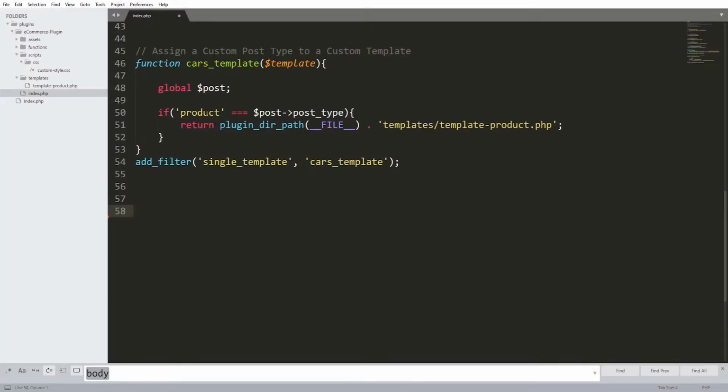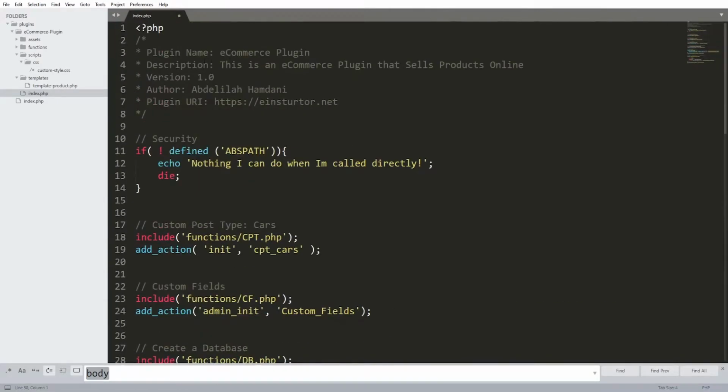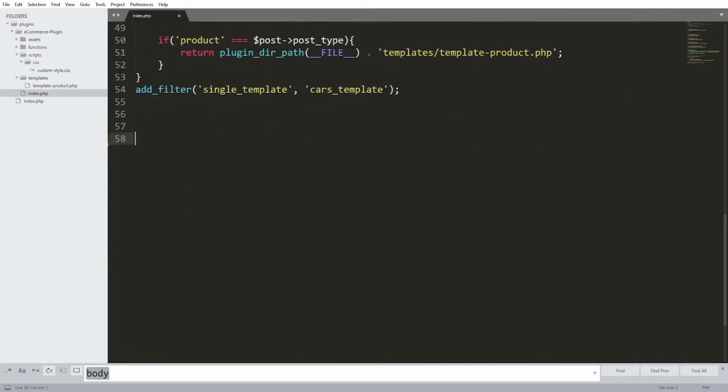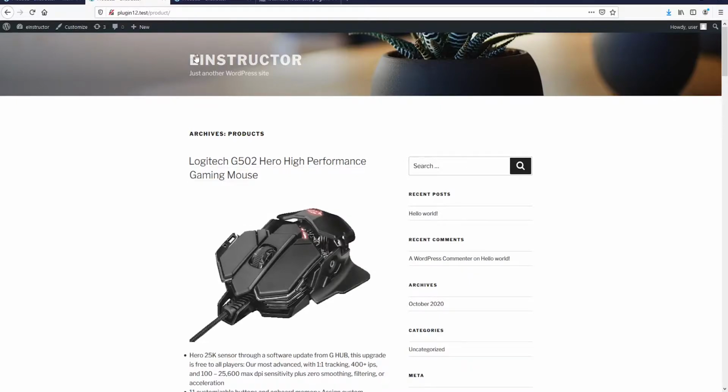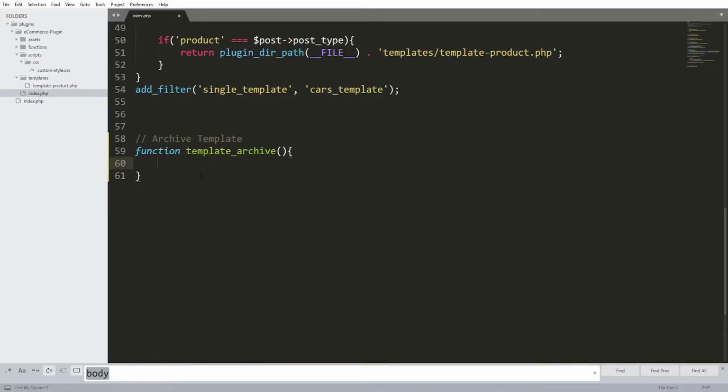So basically this is my index page. Basically the index page is where you initialize your plugin, and I'm gonna start with a function over here down below. So function, let's call it template dash archive. So over here let's make it archive template, just to keep everything organized. Okay, we get the function over here. Let's open the brackets and let's go down like this, and inside it what I'd like to do is to make a condition. So basically if we are on this page over here, I want to change from the default template to our template. So if condition is archive,